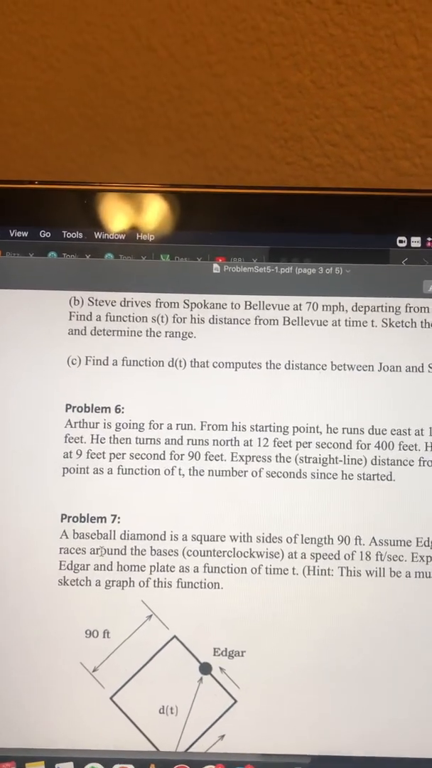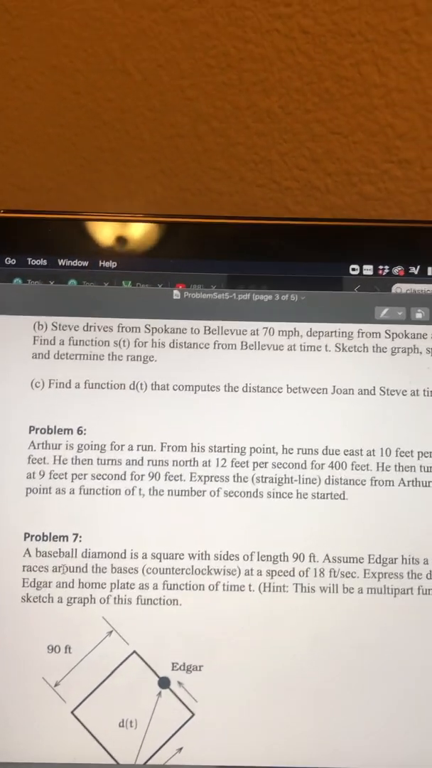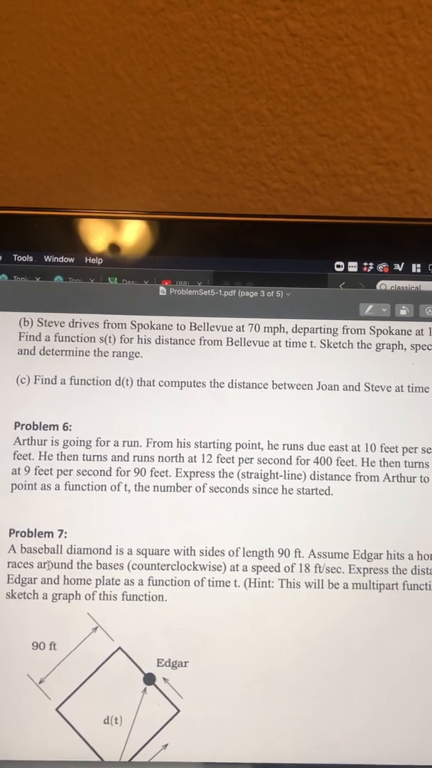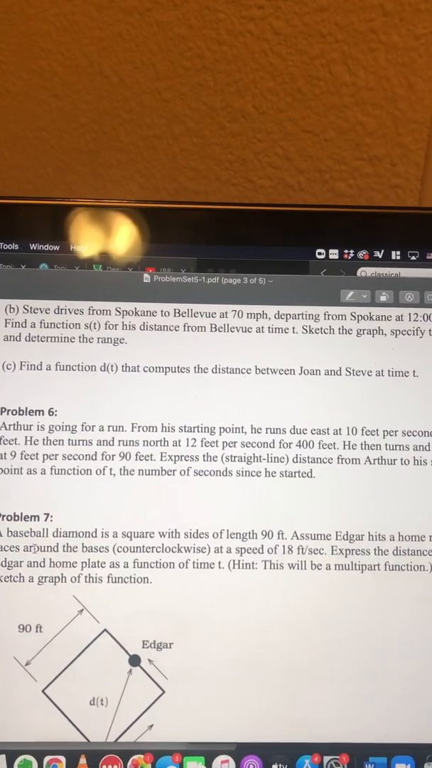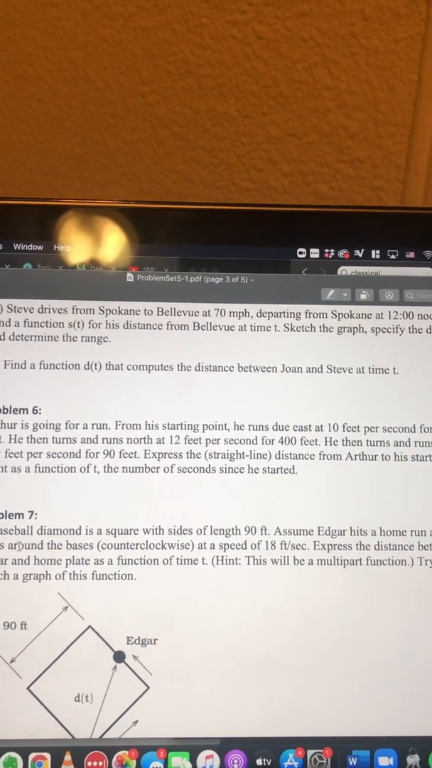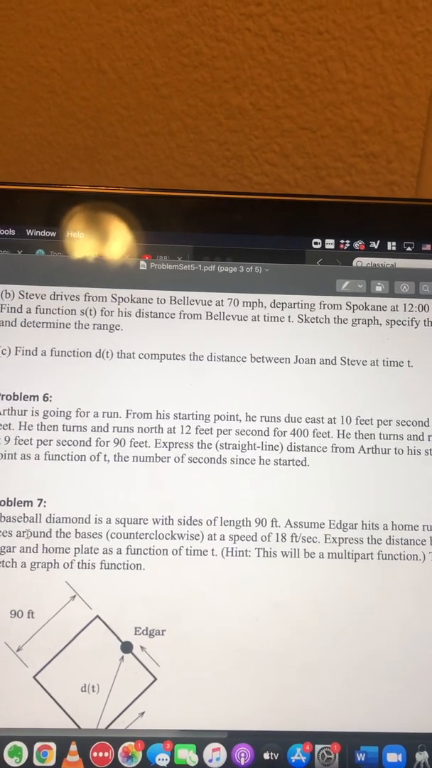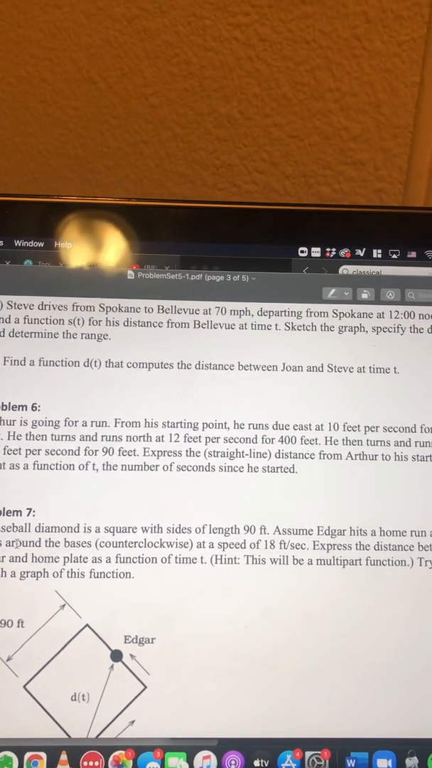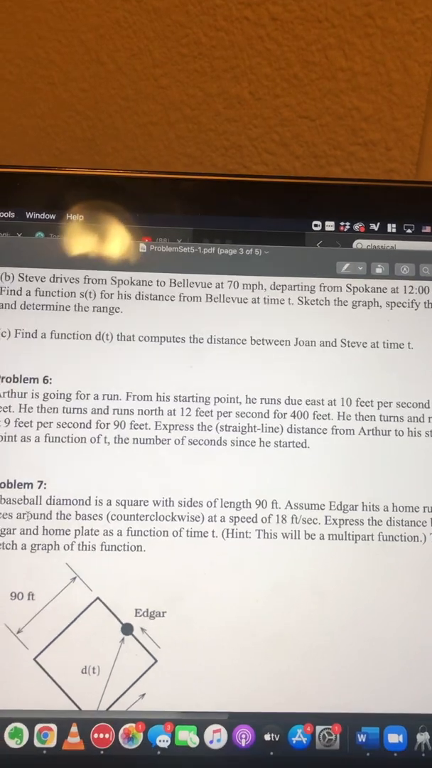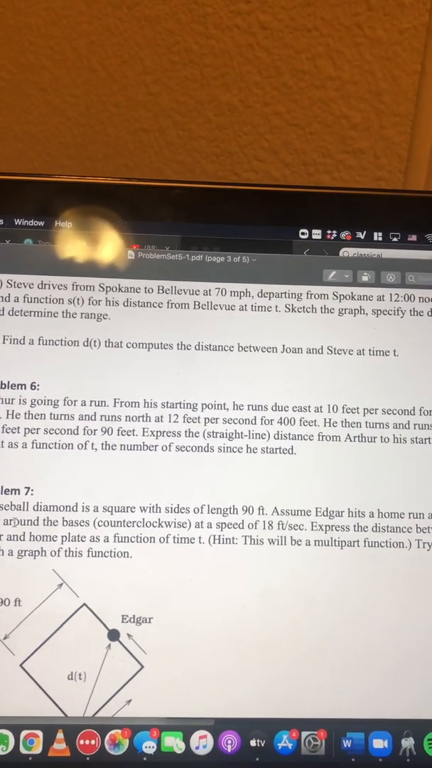Problem 6 talks about Arthur, who's going for a run. From his starting point, he runs due east at 10 feet per second for 250 feet. Then he turns and runs north at 12 feet per second for 400 feet. Then he runs west at 9 feet per second for 90 feet. Express the straight line distance from Arthur to his starting point as a function of t, the number of seconds